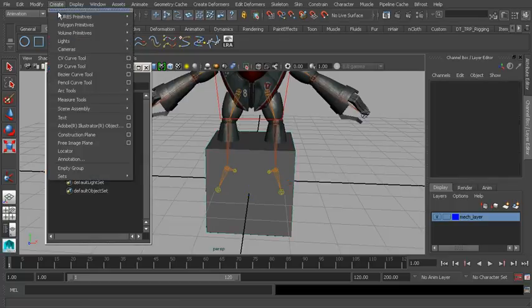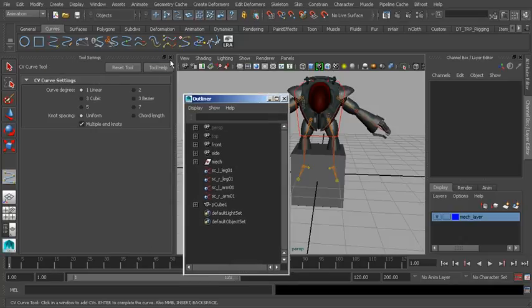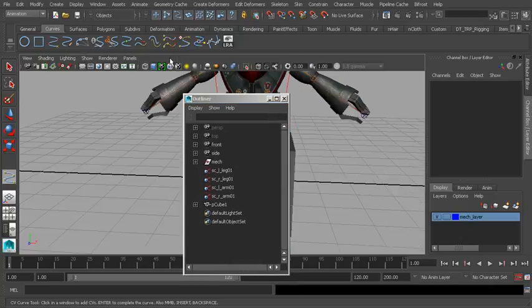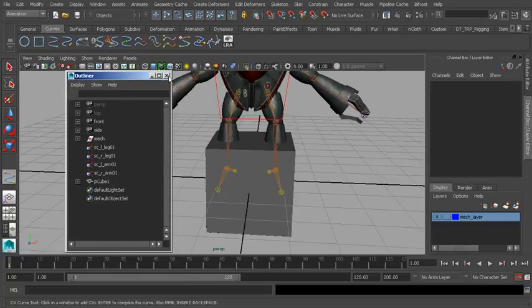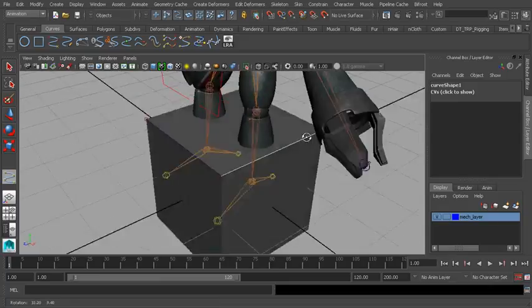Let's say we go ahead and grab our CV curve tool. We'll go to our options just to make sure we're working with the linear curve type. Fantastic. And we'll go ahead and start to trace this cube. So let's go ahead and hold down the V key and we'll snap. Oh, let me go ahead and undo back because I didn't want to snap to that point, but this point. There we go. All right, so we'll continue to draw